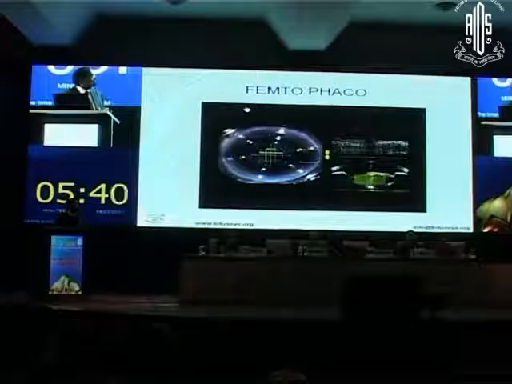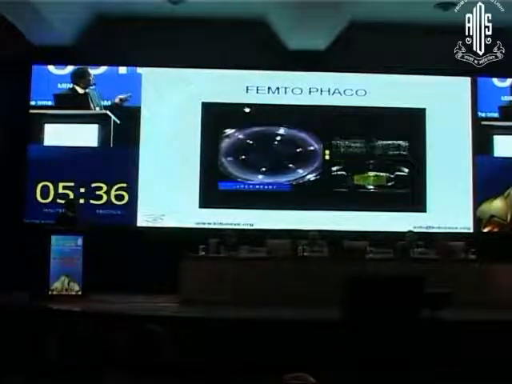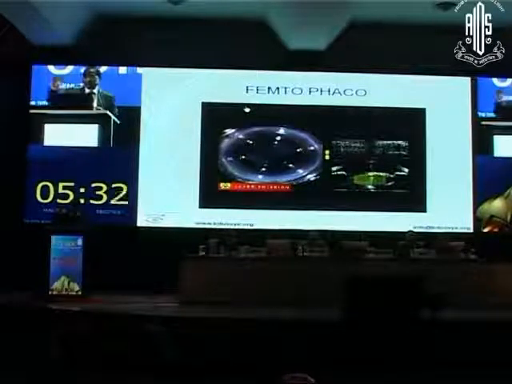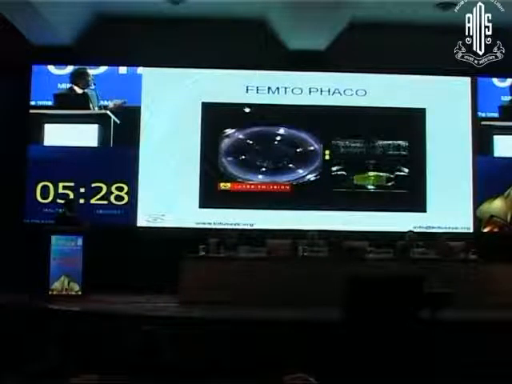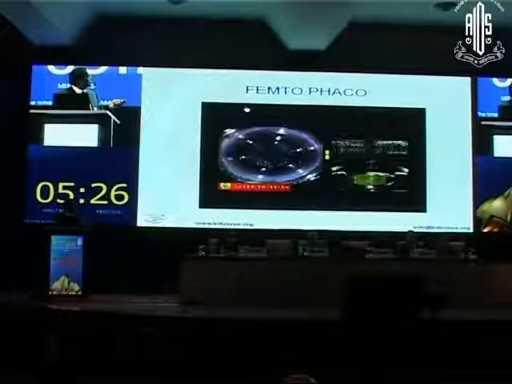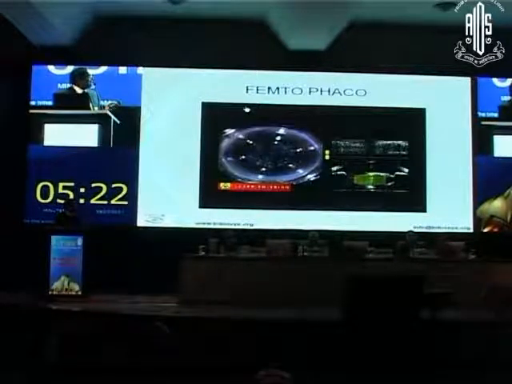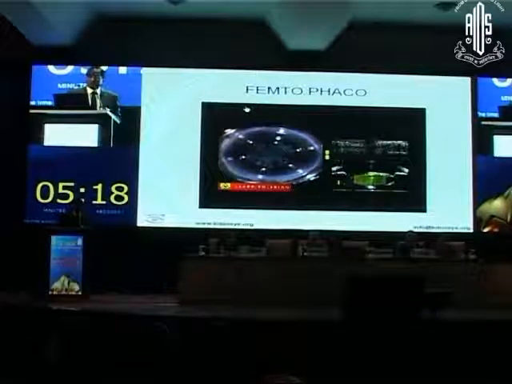Once you are done, you feed all this information to the machine, and the laser is ready to fire. When it delivers, it's a spiral delivery. You can remember that. It delivers on the anterior capsule. Then you can see that the capsulotomy is done. Once the capsulotomy is done, the next procedure is the nucleus segmentation.